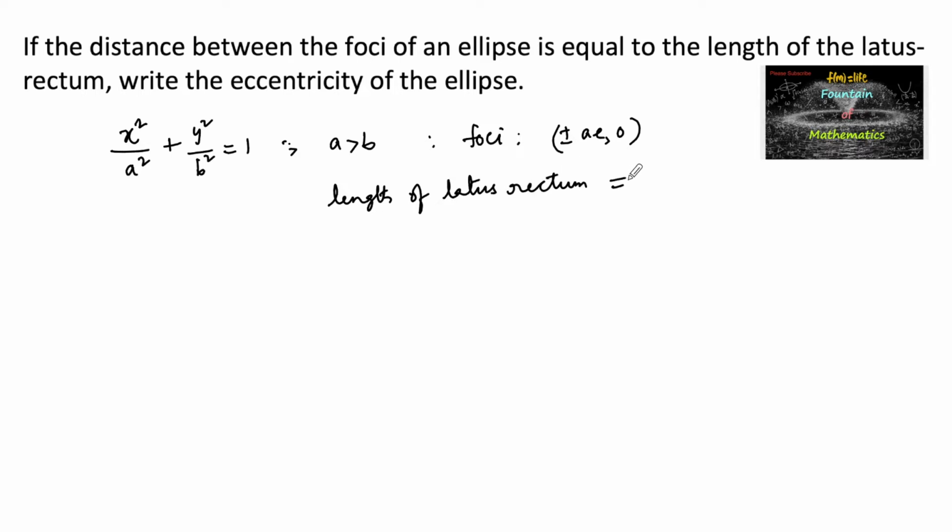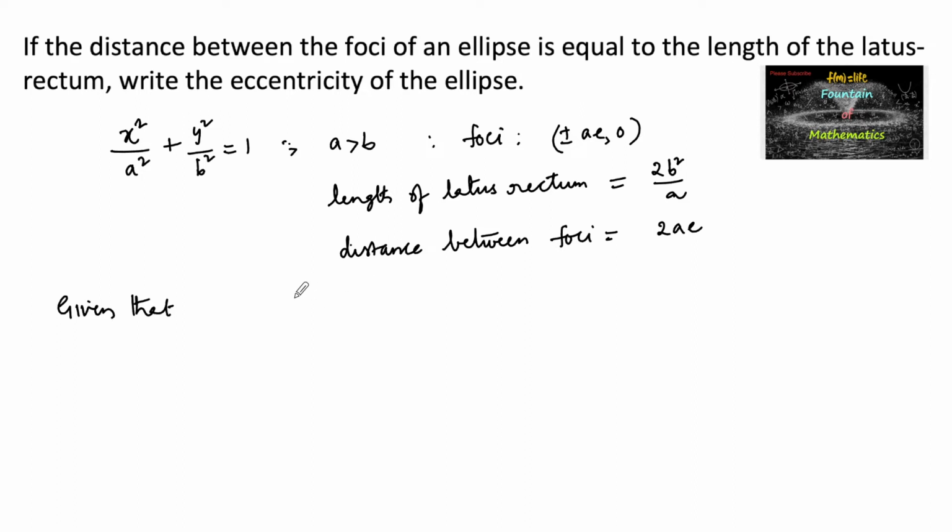is 2b square upon a. So distance between the foci will be 2ae. So now it's given that the distance between the foci, that is 2ae, is equal to the length of the latus rectum, that is